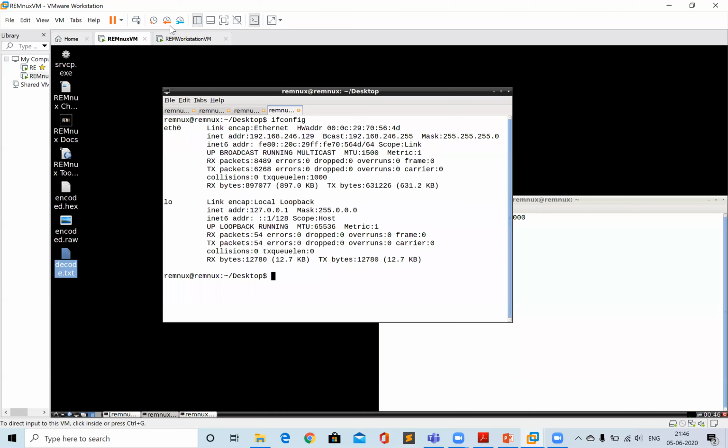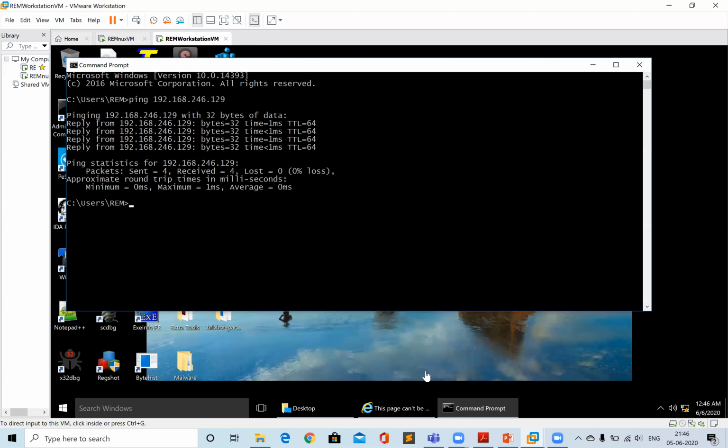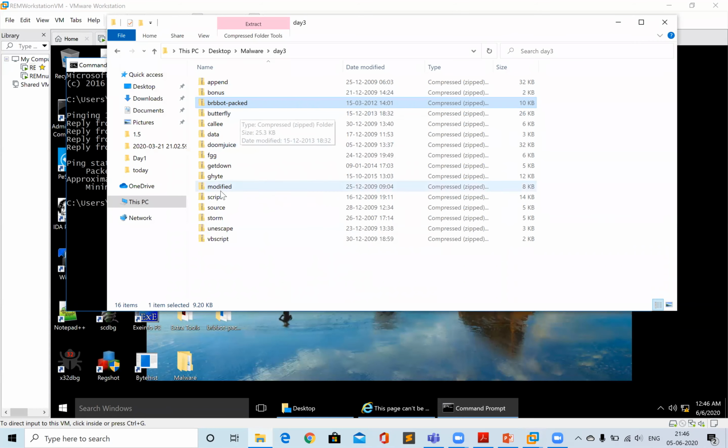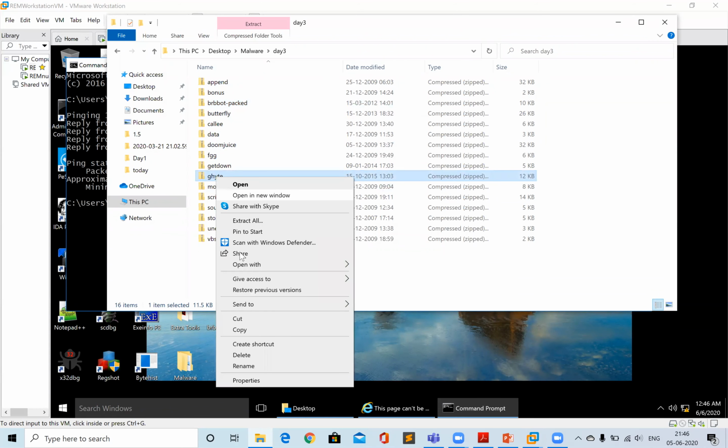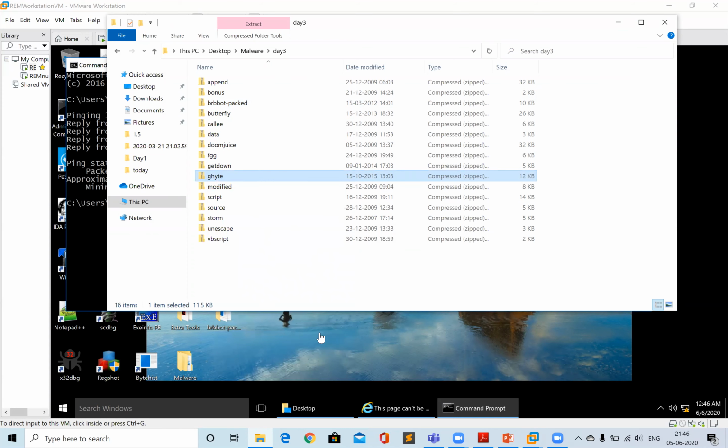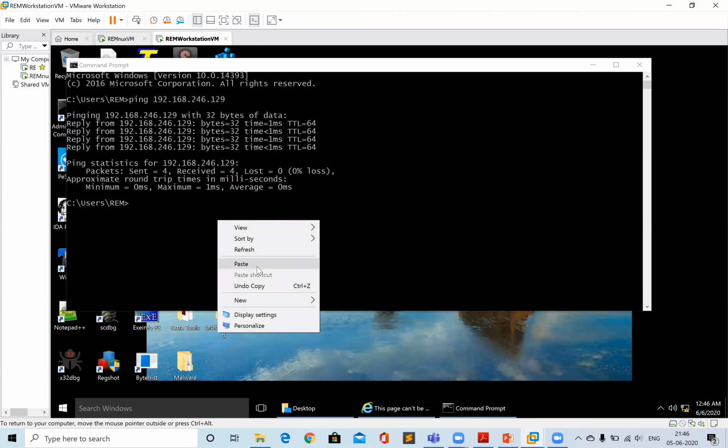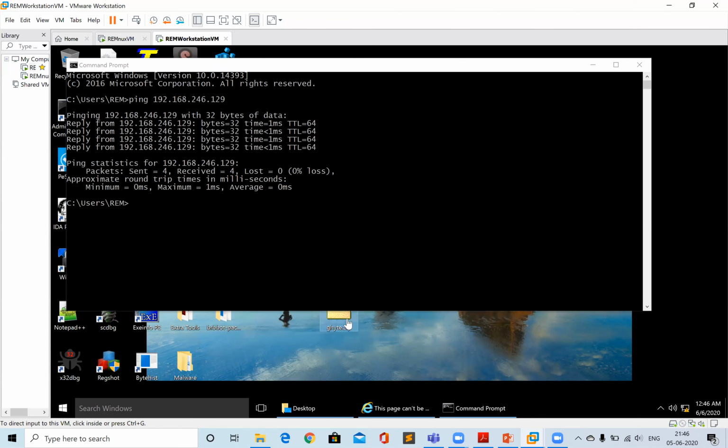Okay, and what we will do is we will quickly try to run that guide.exe malware. So let's see if I have that. Yeah, I have it. So let's copy it and paste it over here. And now let's unzip it.